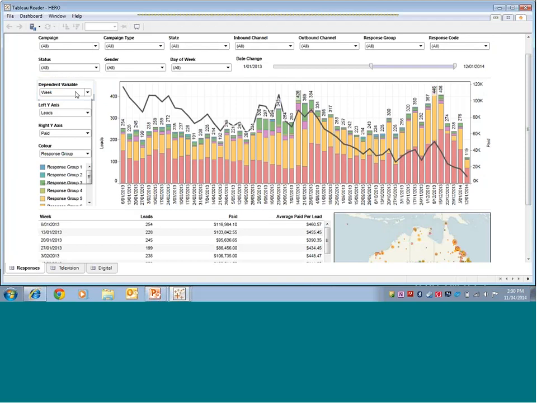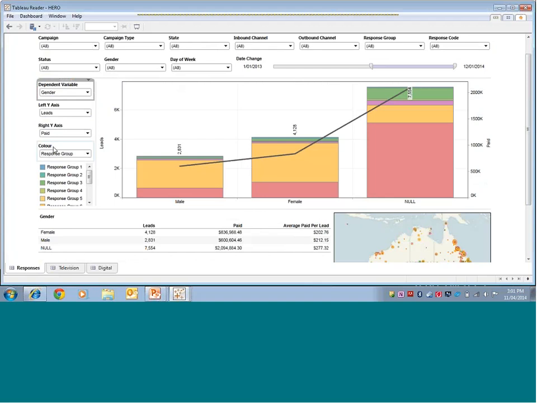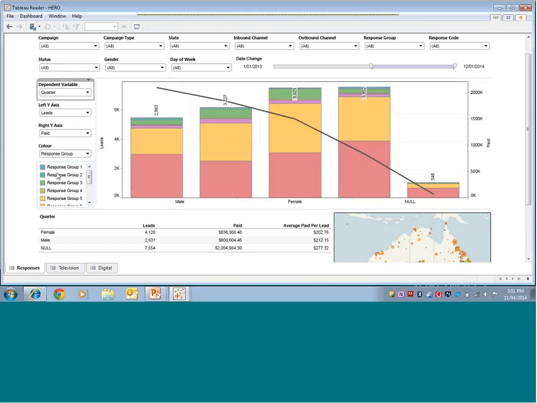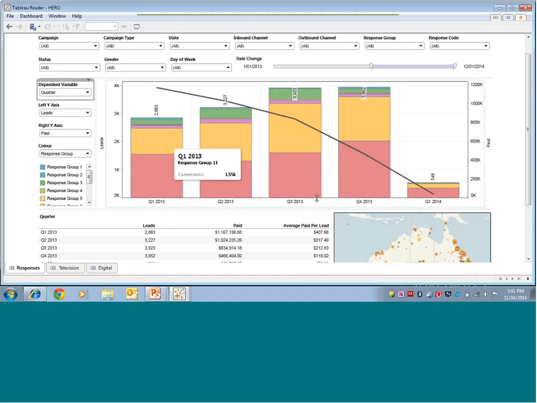So for example, I can change this to gender, and all the information is tagged by gender. So here we're showing you the responses by male, female, and those that haven't provided gender. I can change it to quarter, if I want a quarterly summary, and you can see again all the information recalculates and is presented in a quarterly format.